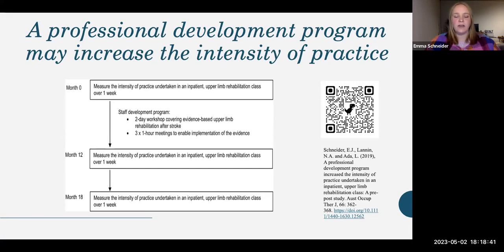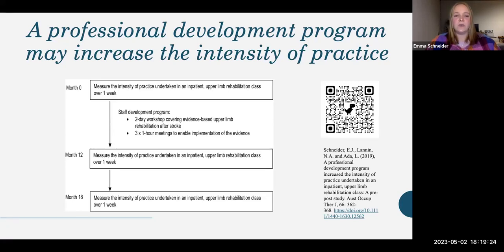Essentially, the context is that we had an inpatient rehabilitation program, and there was a group that ran 5 days a week. I think it was 10:30 to 11:30, and it was a mixed population. So anyone in an aged care rehabilitation bed or in the neurological, orthopedic, or mixed rehab could participate if they had upper limb goals. And what we noticed is that even though this session was scheduled for 60 minutes, the intensity of practice being undertaken in that class seemed to be quite low. We did a measure of the intensity of practice, and I'll show the data at the end, but essentially we weren't really happy with how much practice was actually being delivered in the class.